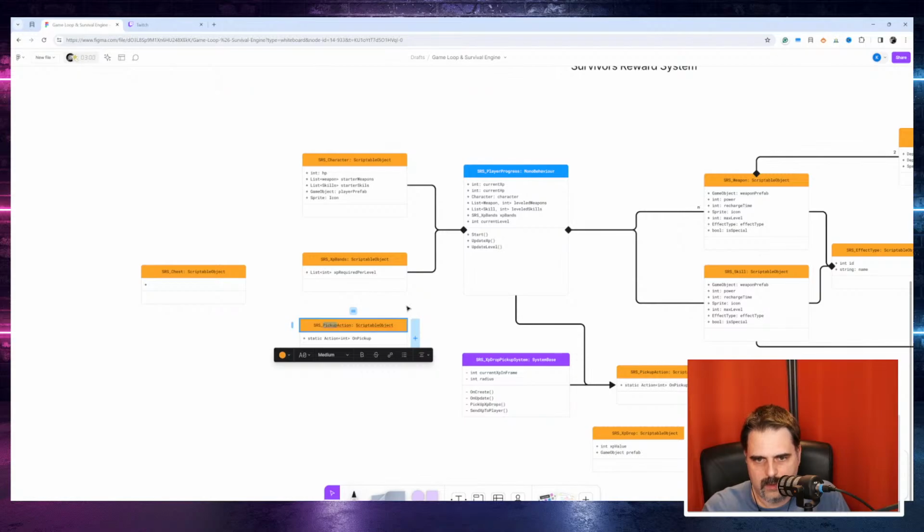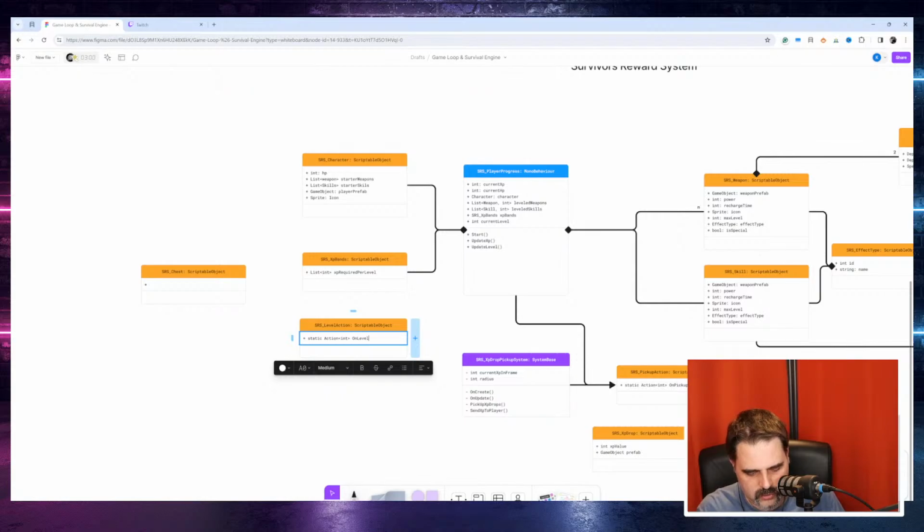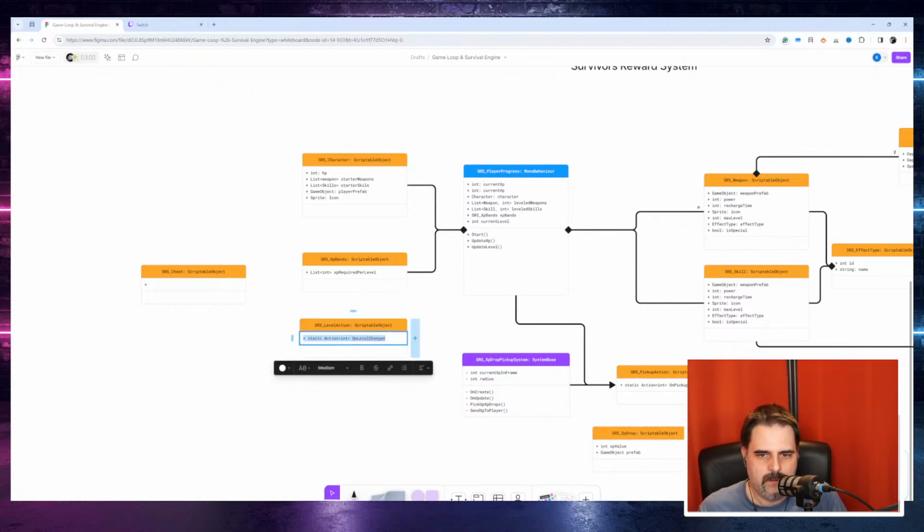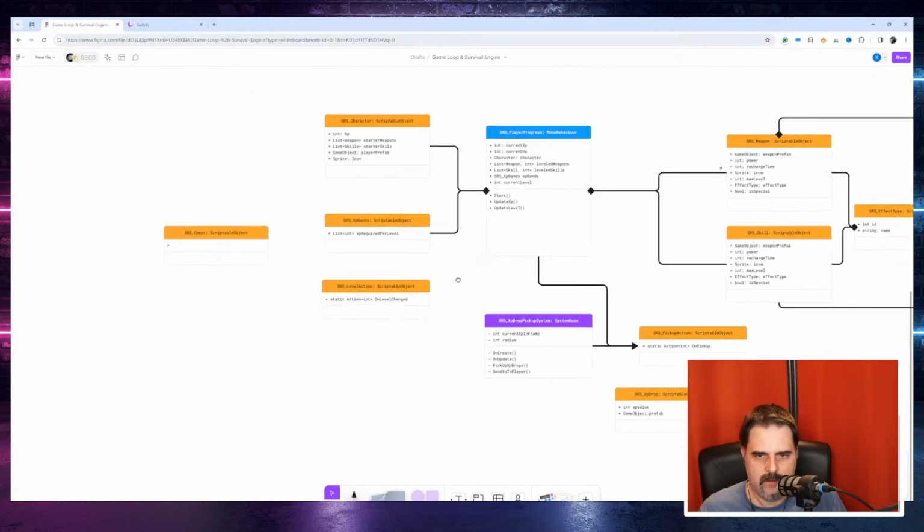I will change this on pickup, or no, I keep it on pickup. On level changed, I have the new level here, and if the level changed,